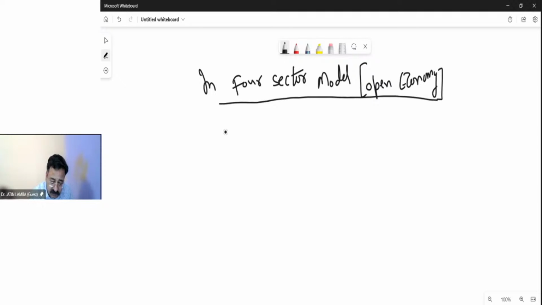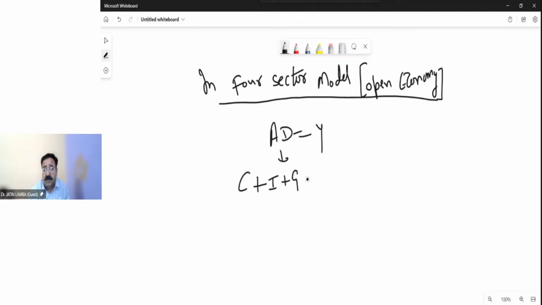the equation will be the same. The equilibrium level of income is where AD is equal to Y. That will not change in any type of economy, right? See, here the equilibrium level of income is where AD is equal to Y. What is AD? AD will be C plus I plus G plus NX. NX stands for net export. I will write it here, is equal to Y. This will be the equation,